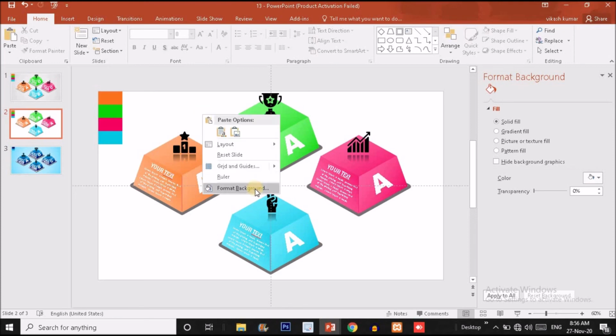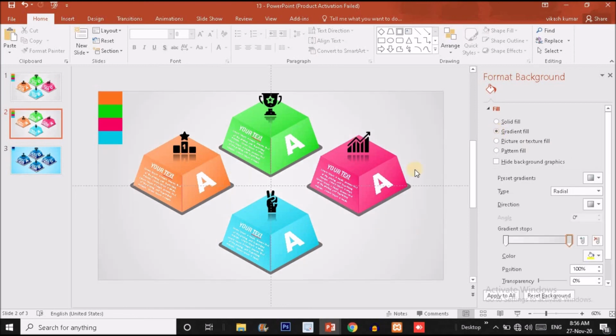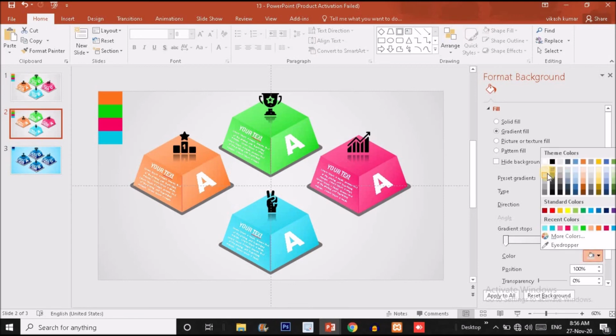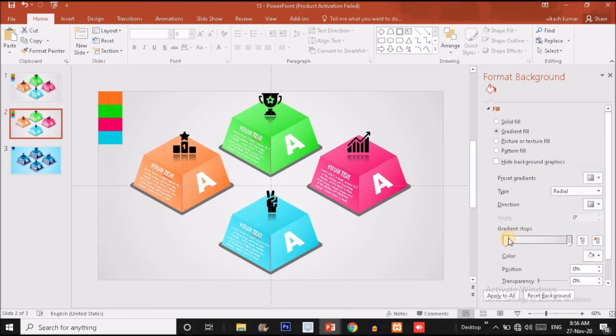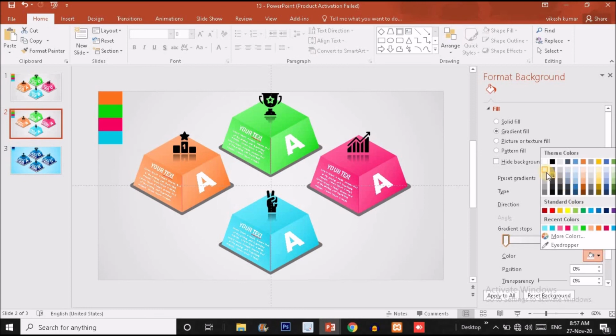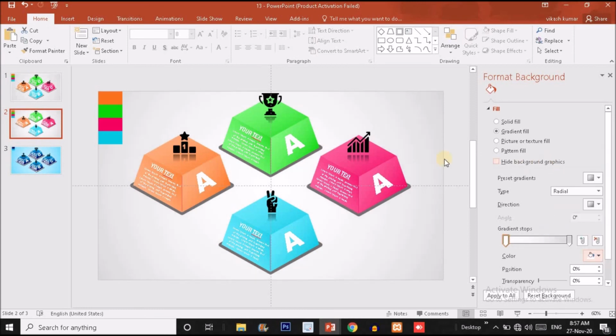One more thing, we have to change the background. So right click over here, choose the format background option and choose the gradient fill option. It will automatically fetch the gray color from the previous slide because I have just used the color in the previous slide, guys. Okay, so for the right stop I'm using this color, and for the left stop I'm using the light gray color from here. Okay guys, you can use this white color also. It will also give you a pleasant effect, guys.